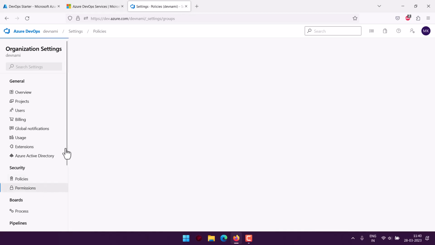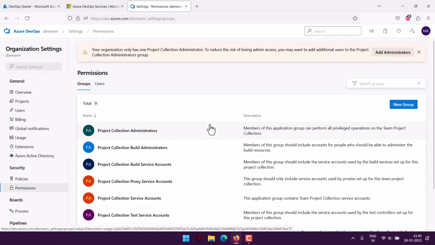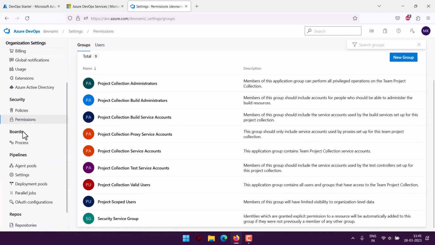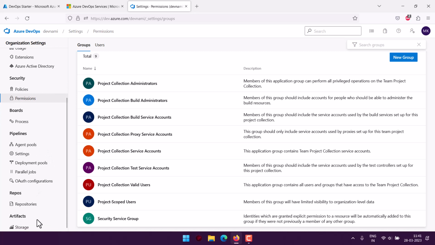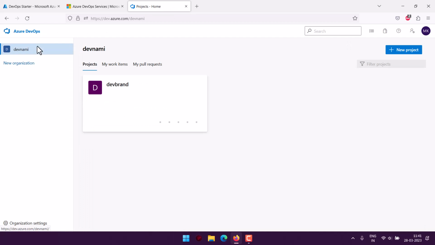Then comes permissions. We are going to restrict the users on the number of tasks, so we will be giving permission accordingly. Then come boards, pipelines, repos, and artifacts related settings. We will be taking a look at them separately while covering each of them in the session. So this was overall your DevOps project and also your DevOps basic level account, which you can take a look at. You can also take a look at your organization settings,